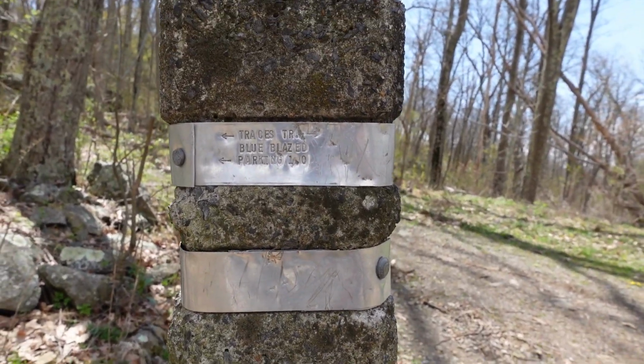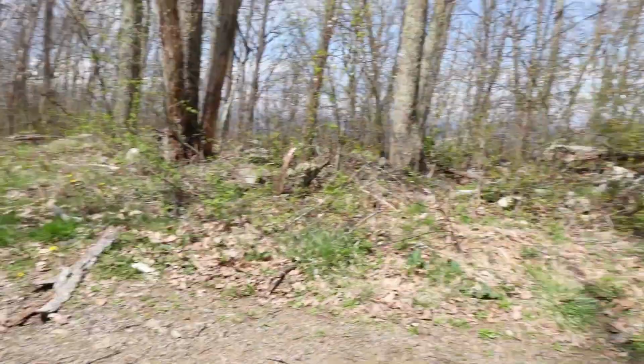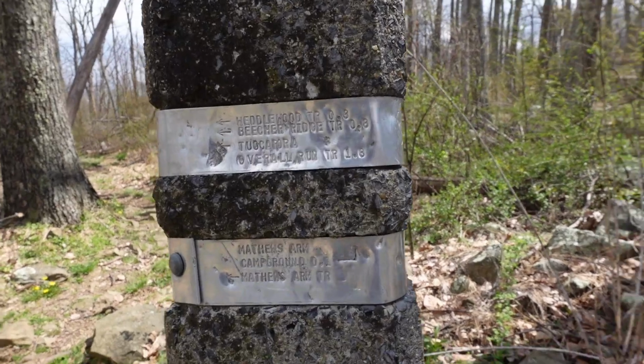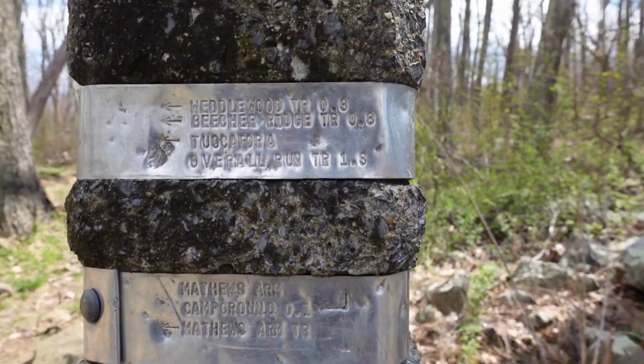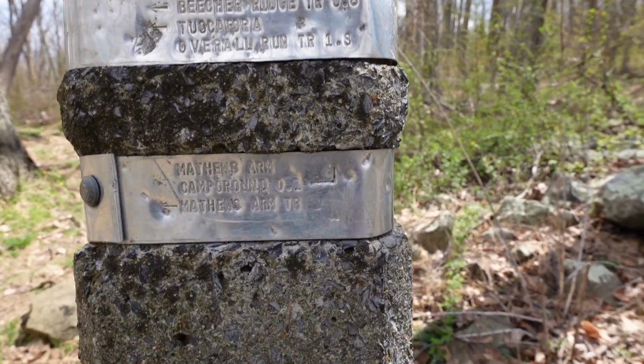Traces Trail, Blue Blaze, parking 1 mile. Don't tie me up. Weedlewood Trail, Beecher Ridge Trail, Tuscarora,